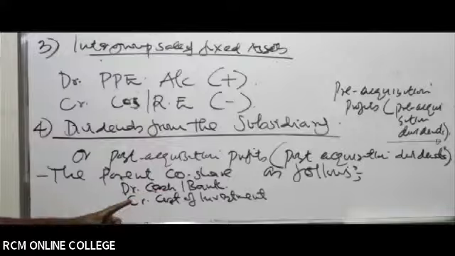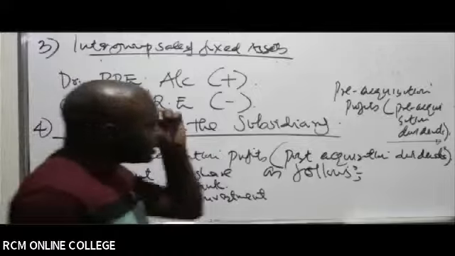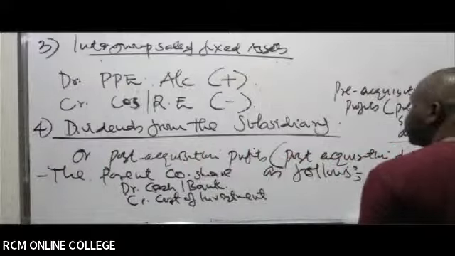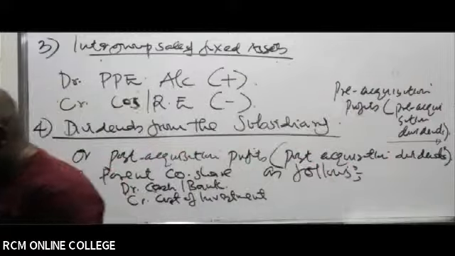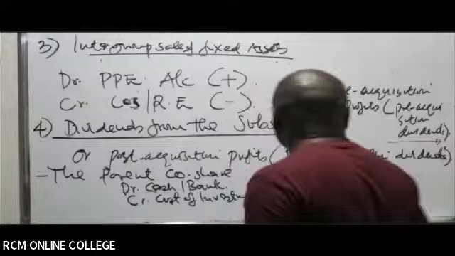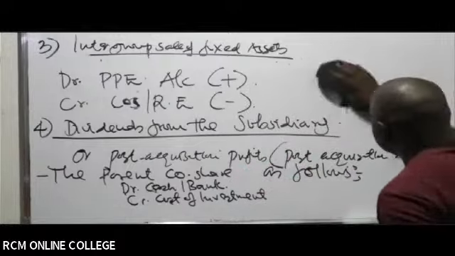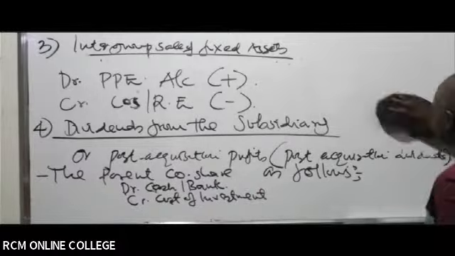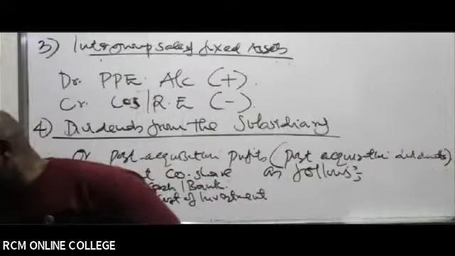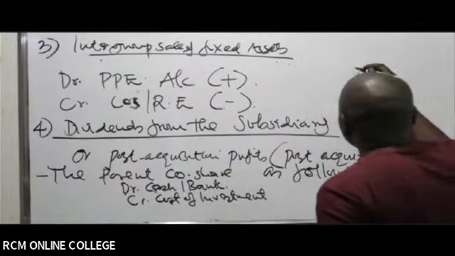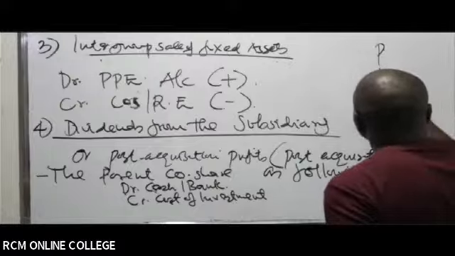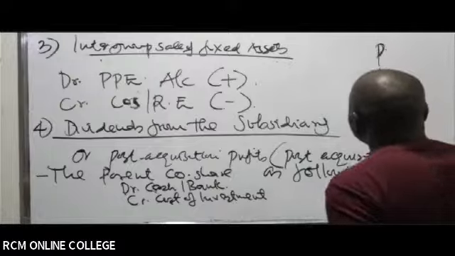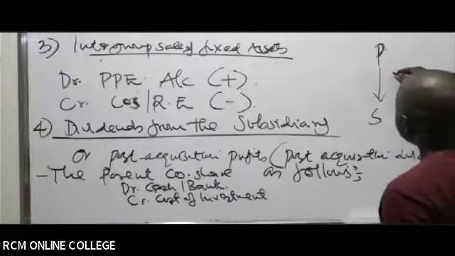Debit the cash at bank, then you credit the cost of investment. In this case, the parent company acquires the subsidiary. That is what is happening in that statement. The parent company acquires the subsidiary. So the date of acquisition,